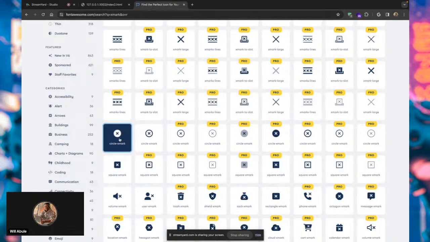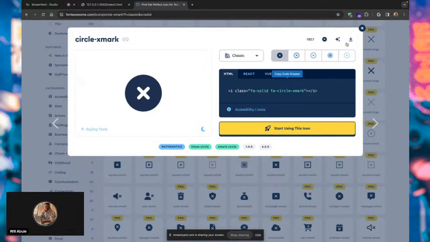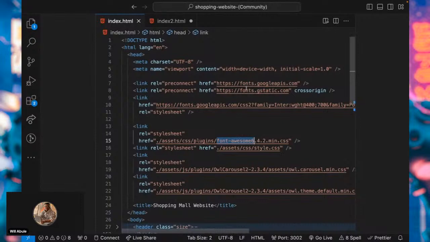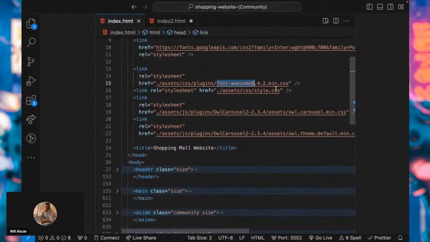So these are the two icons we are going to be using in the code. So let's hop into our code quickly. For that we need Font Awesome, right? So we are going to copy this here,